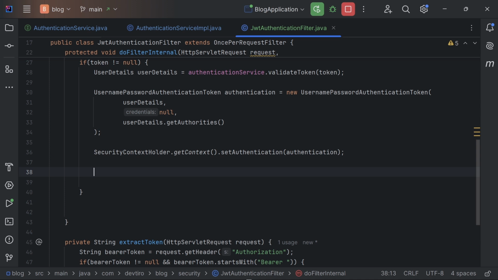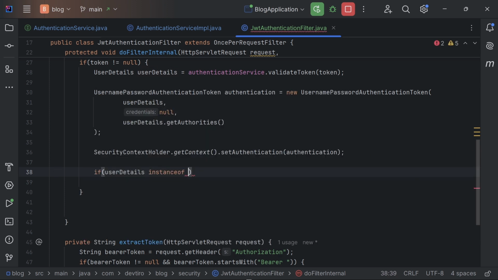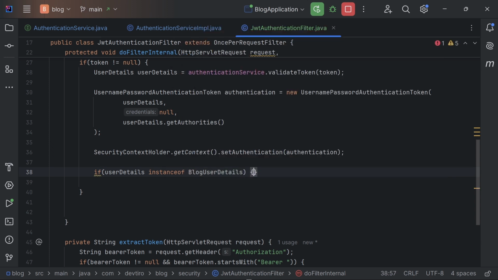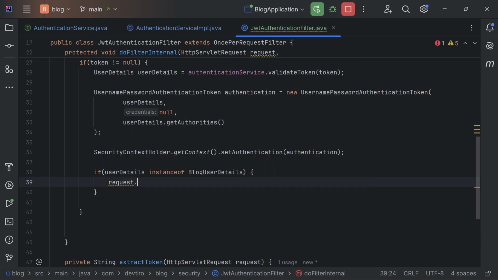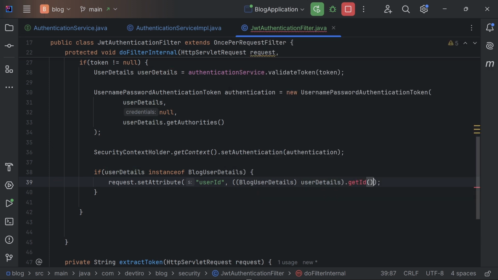Rather than having to look up the user by the email address each time, we can simply just use the user ID. So if we say if userDetails instanceof, and I like to use this sparingly, but I think this is a good case for it, instanceof BlogUserDetails, then we'll say request.setAttribute, and we'll call this attribute userId. We'll cast our userDetails to BlogUserDetails, and then we'll call on that getId,